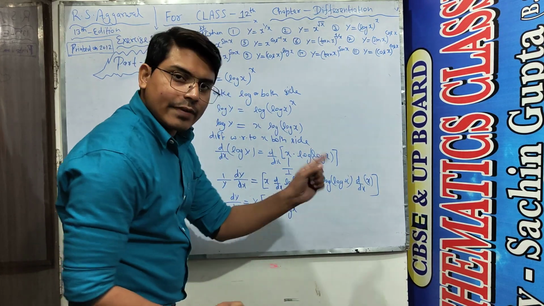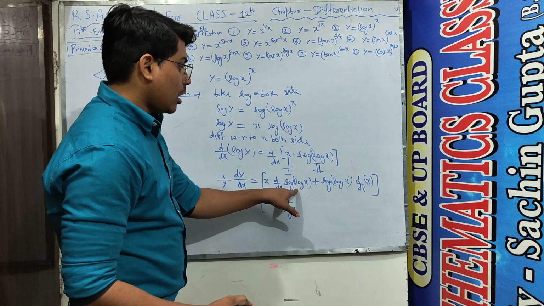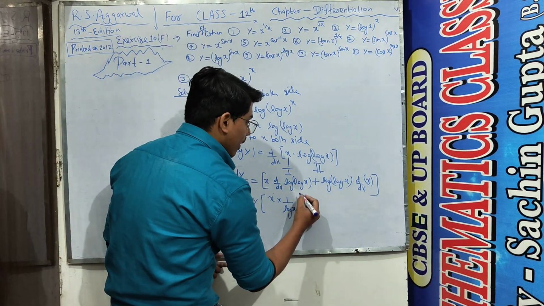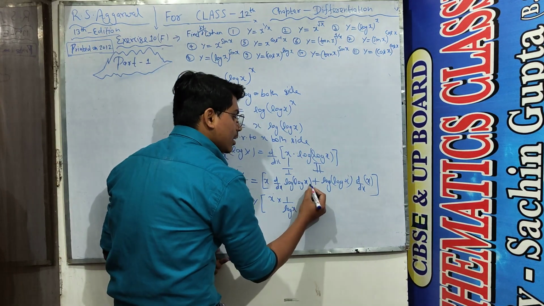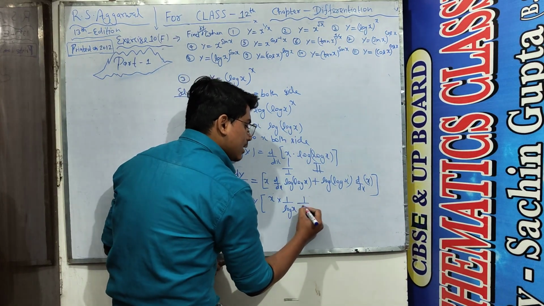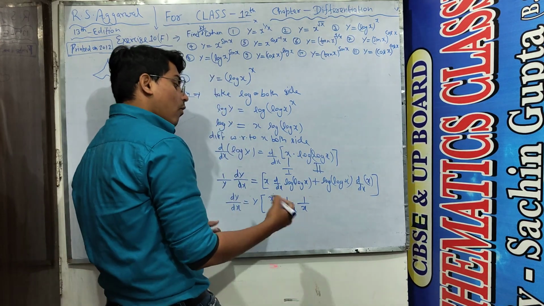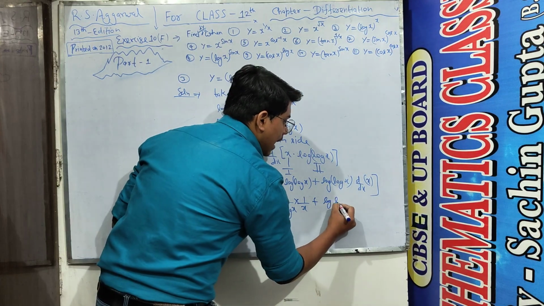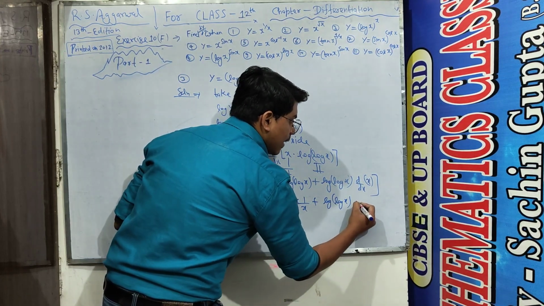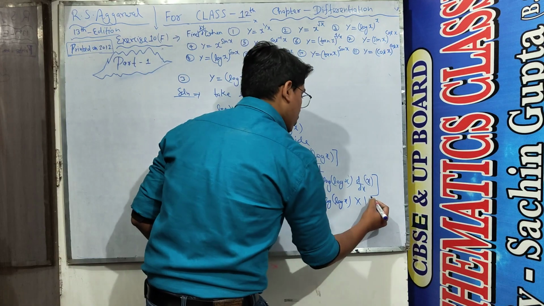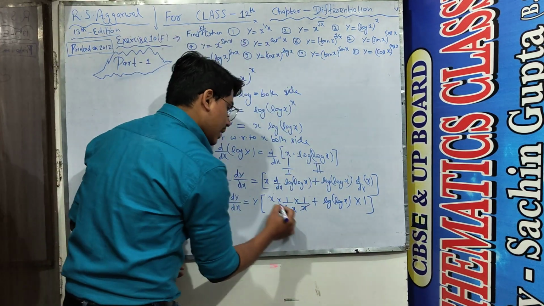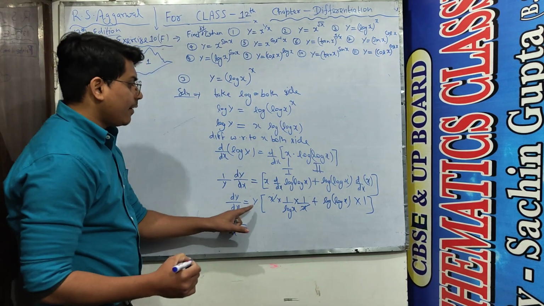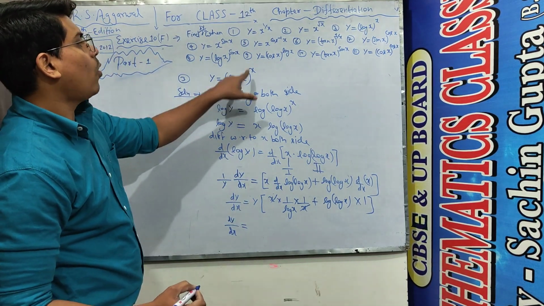Now we again differentiate this log x, because here the composition of functions is occurring. Two functions are composed with each other. So we again differentiate this log x by chain rule. Then the differential of log x is 1/x, and this log x stays, and the differential of x with respect to x is 1. And now this x and this x get cancelled. dy/dx stays, and the value of y is (log x) whole power x.